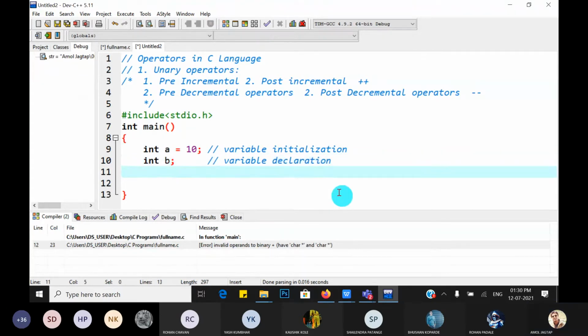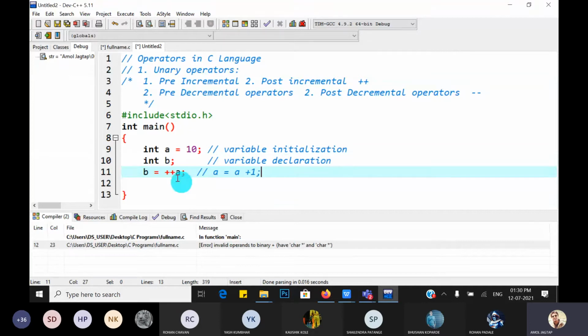Next, now we want to perform the operation, for example, plus plus a. So plus plus is a unary operator, so it performs the operation on only a single operand, a. So plus plus a means we have to increment the value of a by 1. That means a is equal to a plus 1.